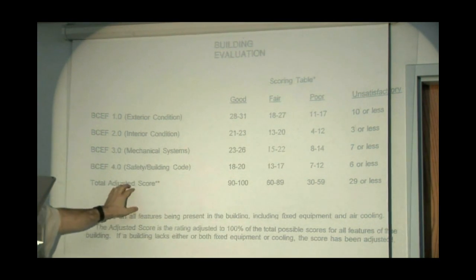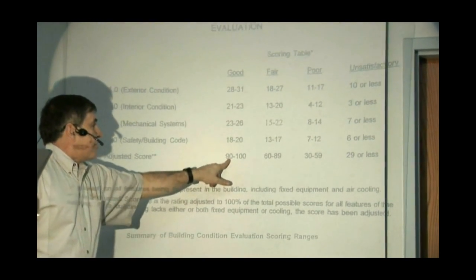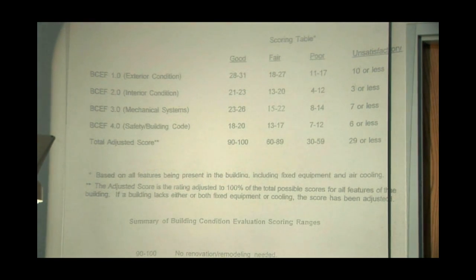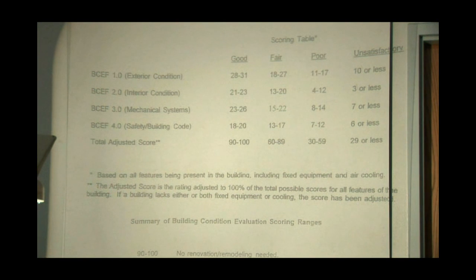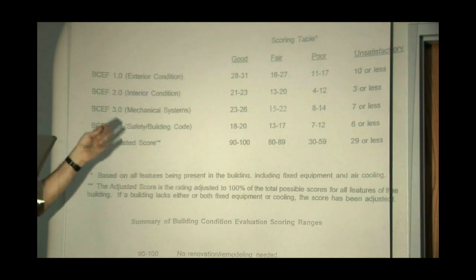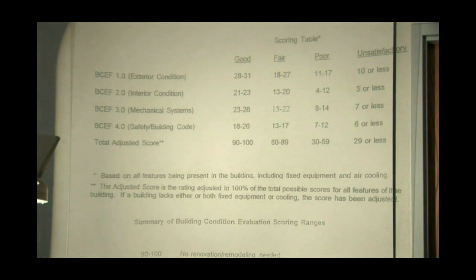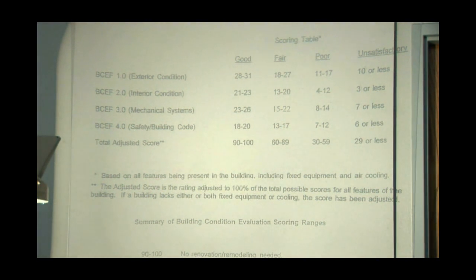Now, when we get down to our total adjusted score, you can see good gives us a fluctuation of about 10 points. So it can still be a good building and score a 90. When we drop off enough that we're going to be 11 points, we're in fair and sequentially all the way over. So if we score 28 on that particular building, it's probably a building we're going to look at and saying, we may consider walking away from it. We may consider doing